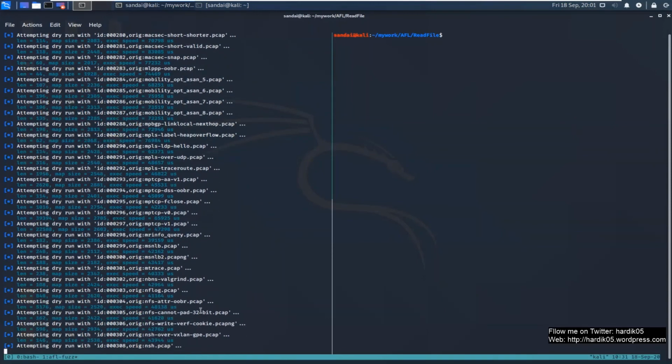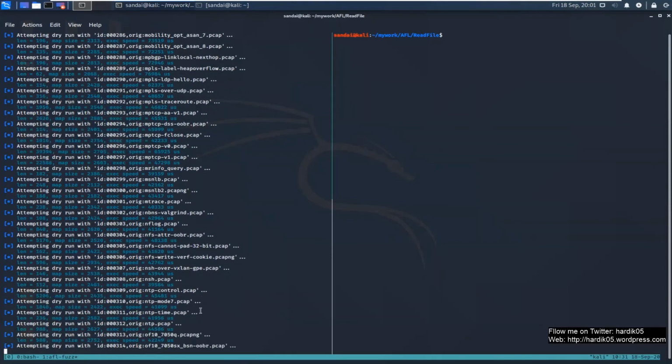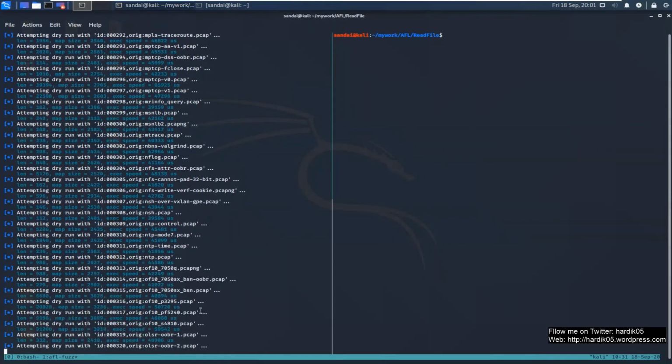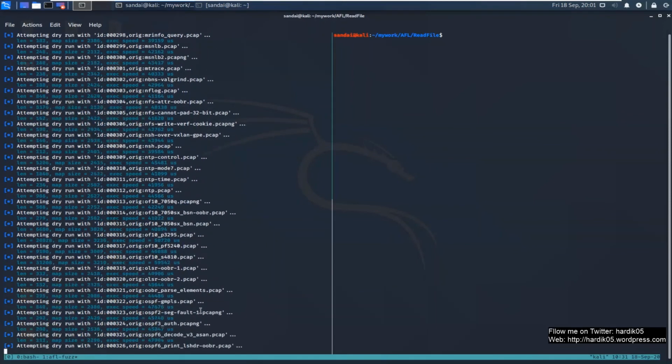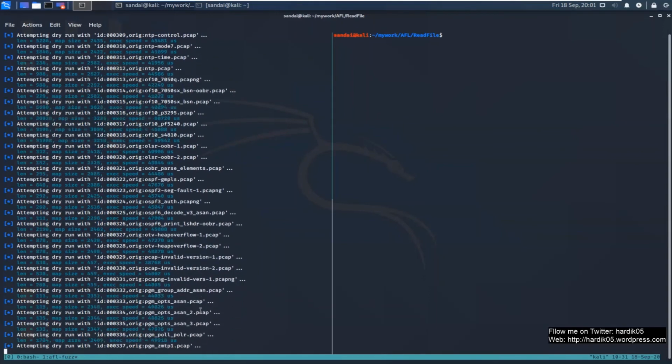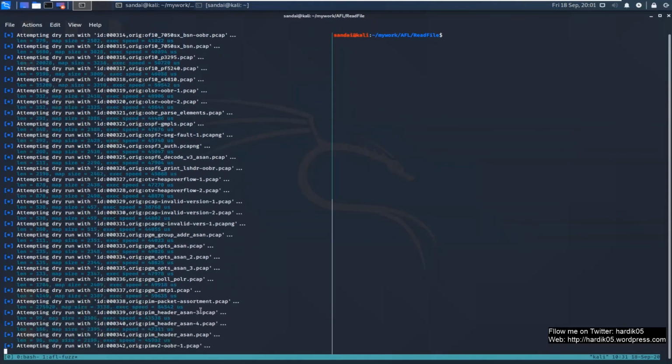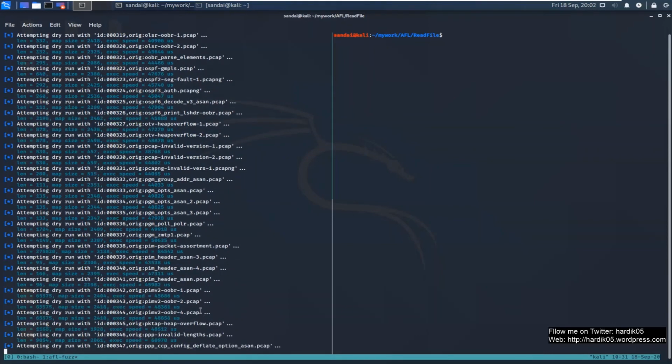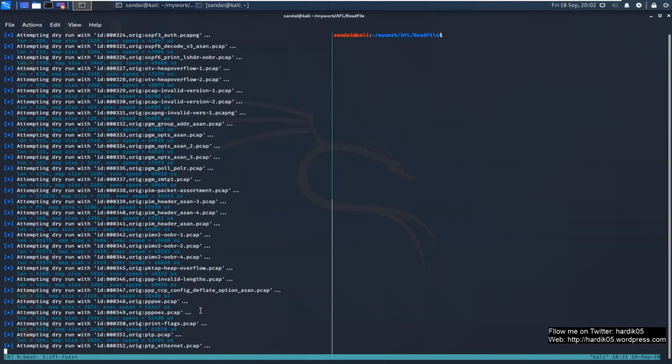So these are the libraries you need to install if you want to fuzz tcpdump on your system, or if you are trying to fuzz libpcap on your system. And let's wait for some more time. It has already processed around 350 files, so it will take a few more seconds.